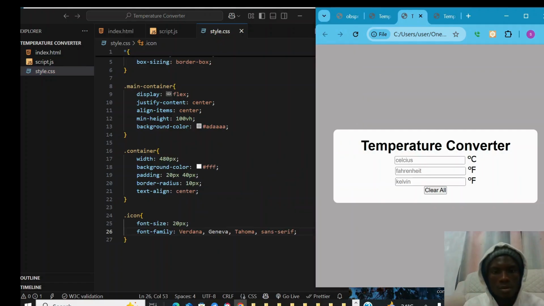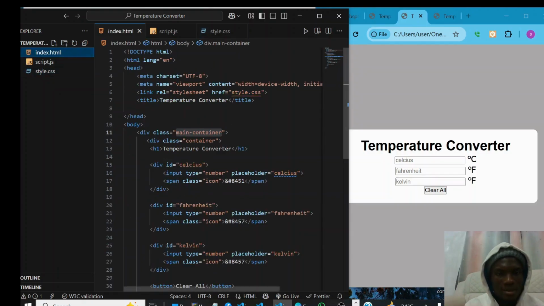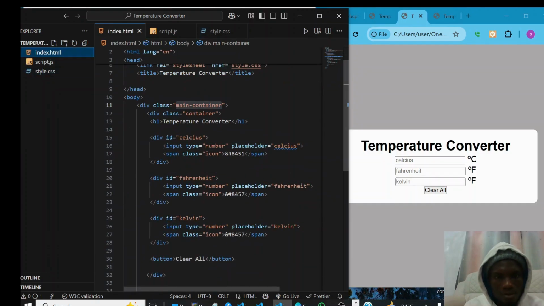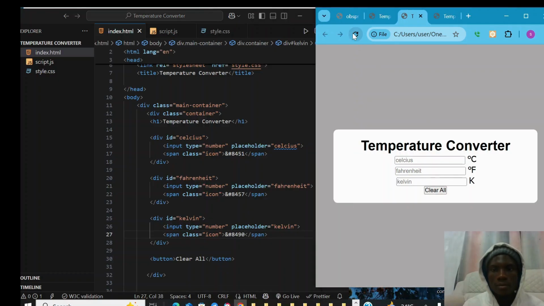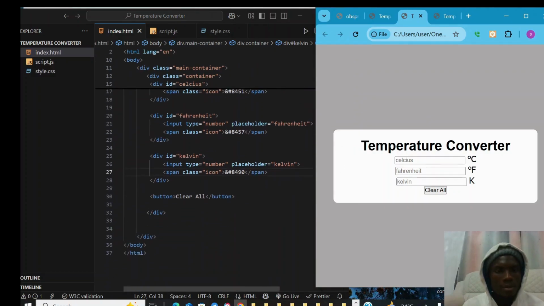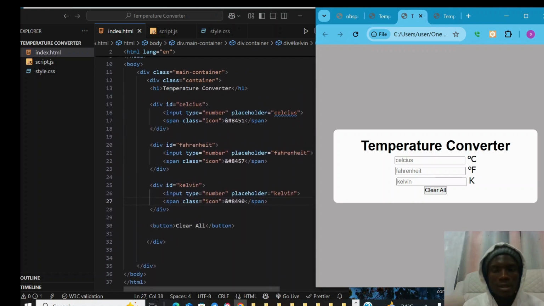Oh, cool. Give it something like, what else do I have to change? Let's see, I'm missing something else in my space. So this one will be 90. Oh, good. That's our Kelvin. That's our Kelvin. And now let's adjust the